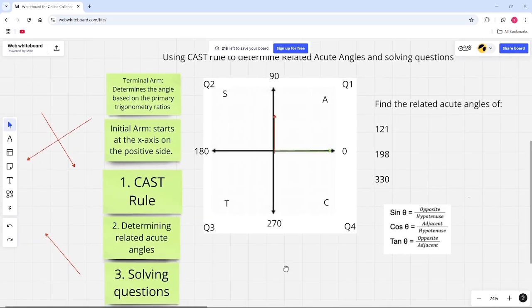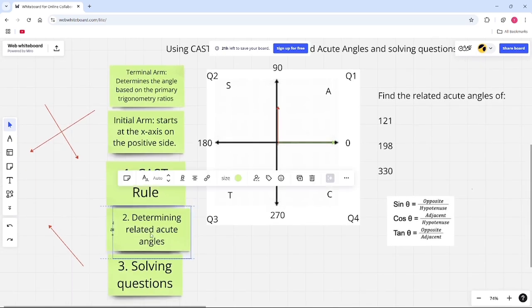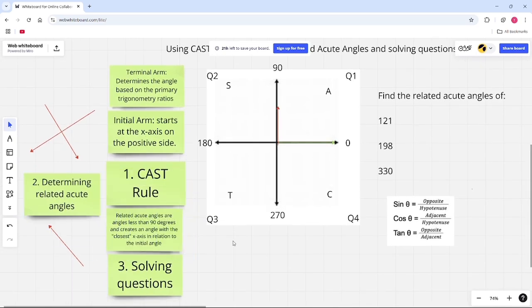Let's go to define what a related acute angle is. So in a related acute angle, our angle is less than 90 degrees and creates an angle with the closest x-axis in relation to the initial angle. So let's take a look at some of these angles over here. Let's do